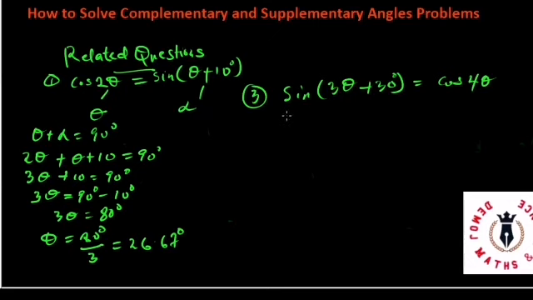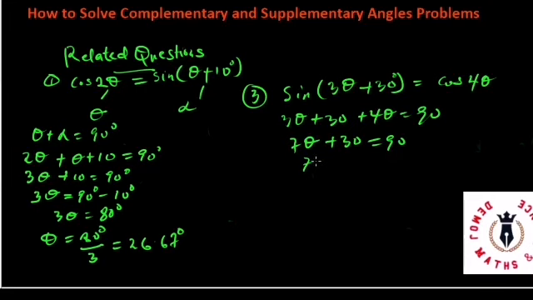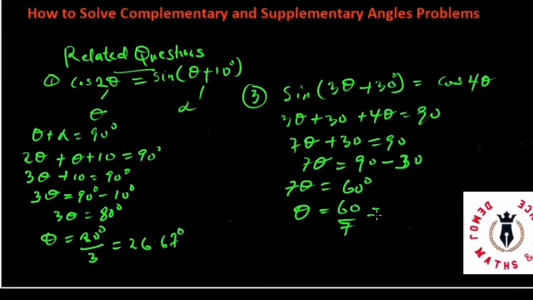Okay, let's look at it. For these two, actually, they're complementary. I will say 3 theta plus 30 degrees plus 4 theta is equal to 90 degrees. 3 theta and 4 theta added together, that's 7 theta plus 30 is equal to 90 degrees. 7 theta will be equal to 90 minus 30, so that your 7 theta is equal to 60 degrees. Theta is equal to 60 over 7, which is equal to